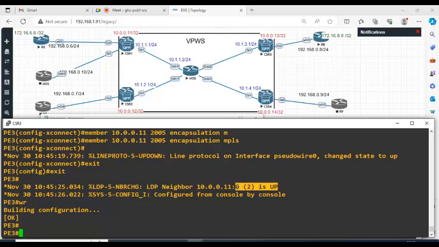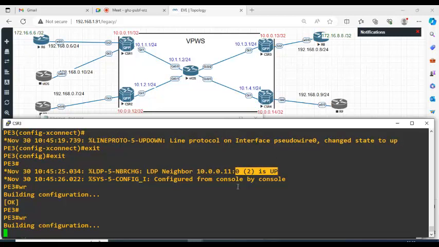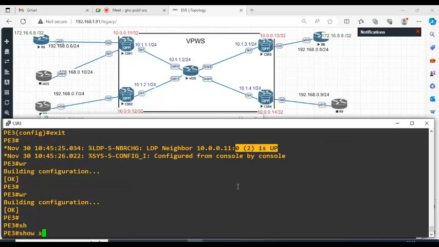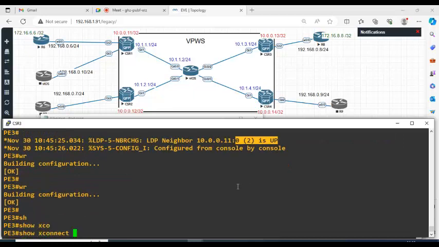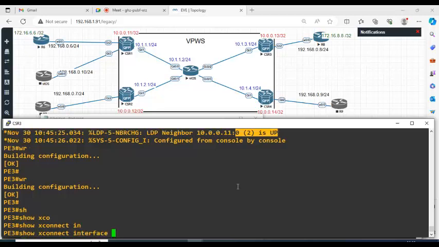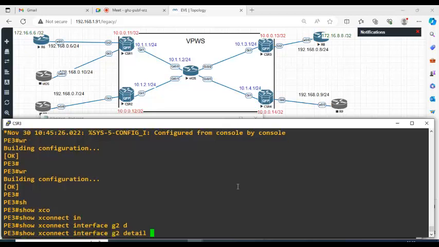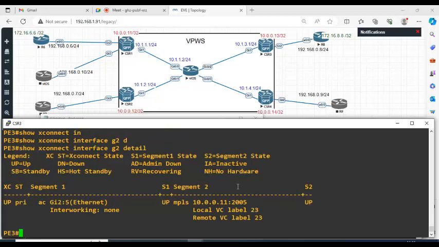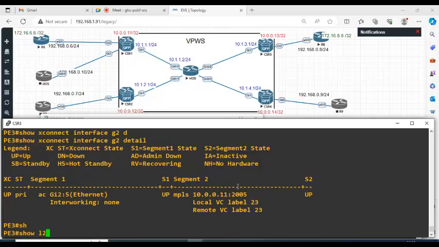If this is up, then when I type show Xconnect interface G2 detail, I should see both sides up. This is somewhat similar output which we saw in our previous class. Right. You can also use this command show L2 VPN